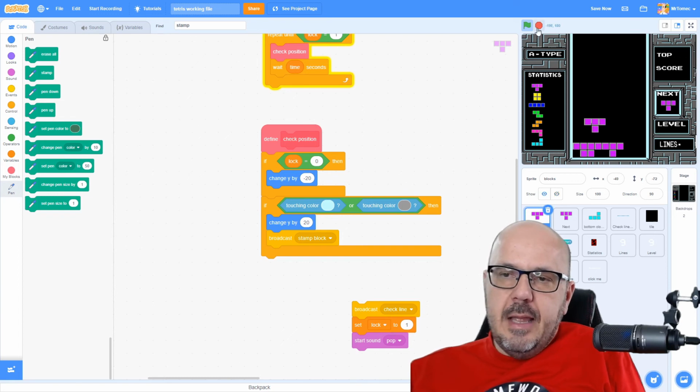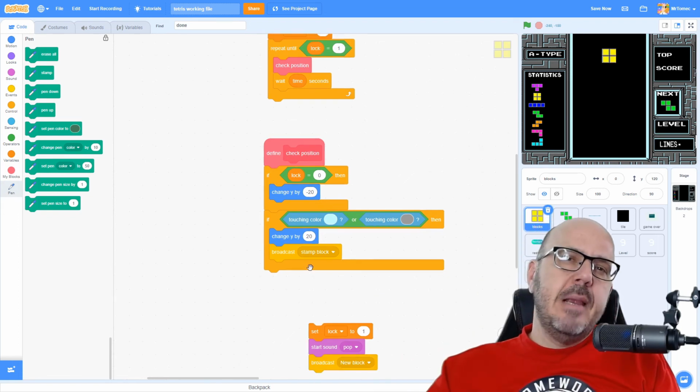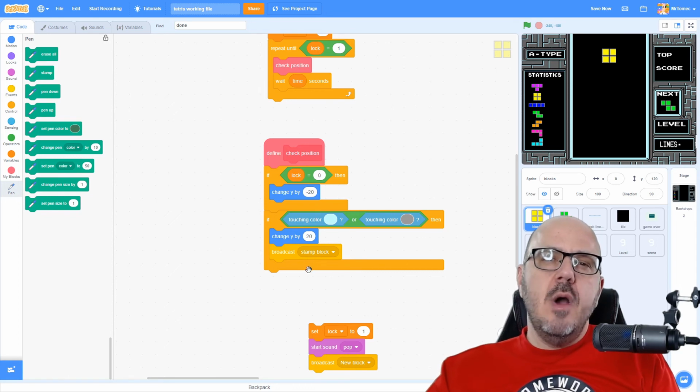But anyway, you can see that the stamping process is working exactly the way that we want it to, and it's made a perfect duplicate of this shape, which is exactly what we wanted to do. So that's great. So now that this stamping process is finished up, there's one more thing we have to do